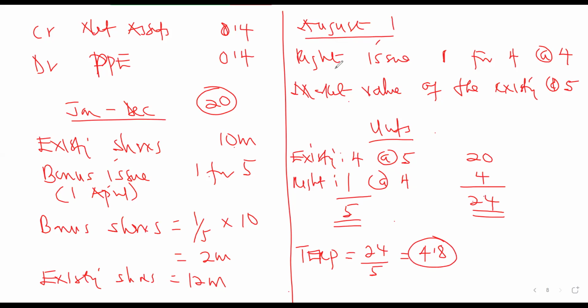4.8. Okay. So what is the number of shares that we are going to be getting from the right issue? The right issue will be made on the existing shares, which is 12 million. It is the 10 million plus the bonus issue. The bonus issue was done before the right issue. So the right issue will be done on the bonus plus the existing shares. That will give us 12 million. But the right issue is 143. How many shares are we going to be getting from the right issue?